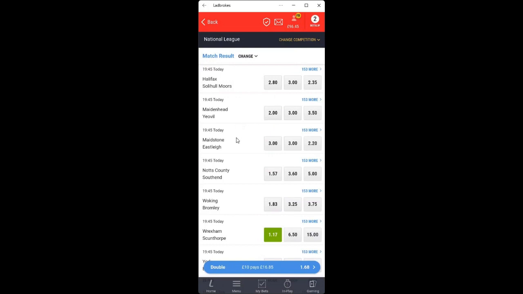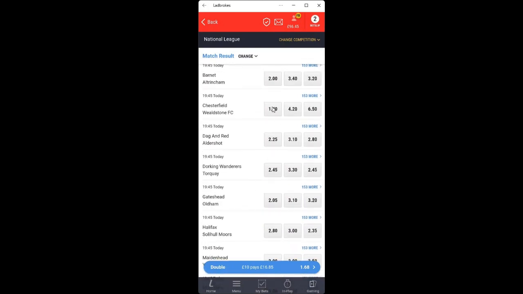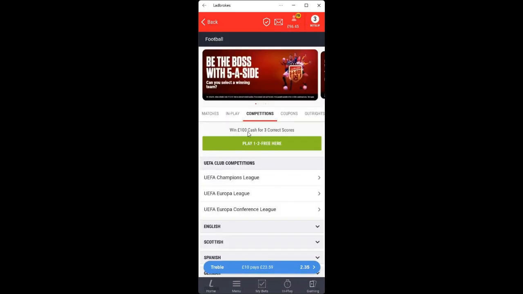You can see I've got 2 bets in the bet slip. And then the next one was Chesterfield. It'll be further up the top under C. So 1.4, which is correct as well. I've got 3 bets in the bet slip. And then the 4th game was